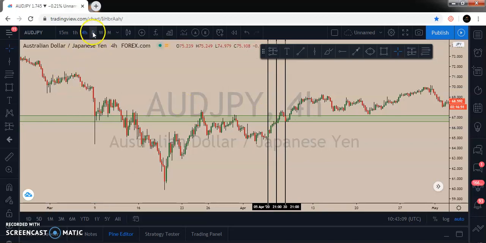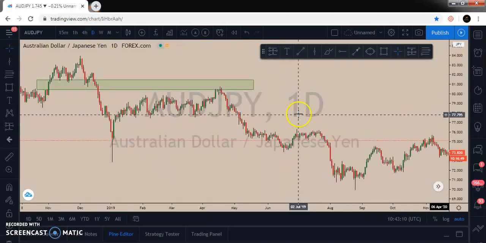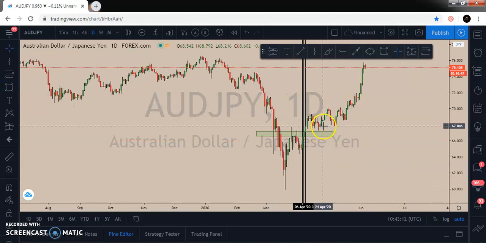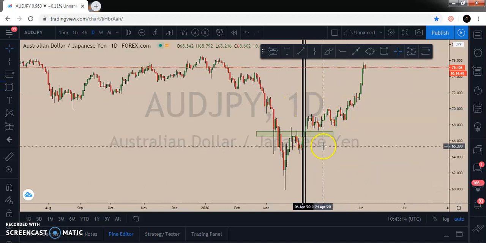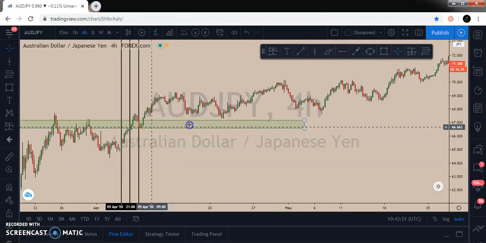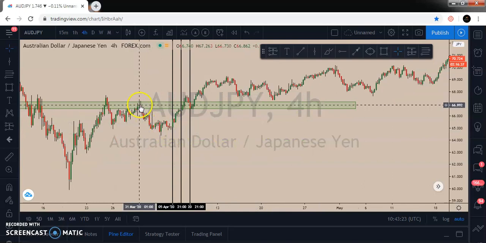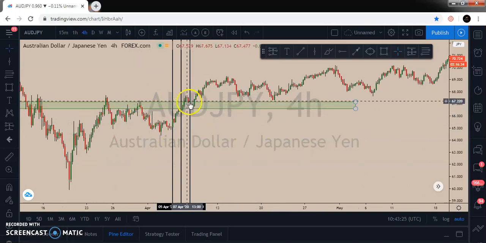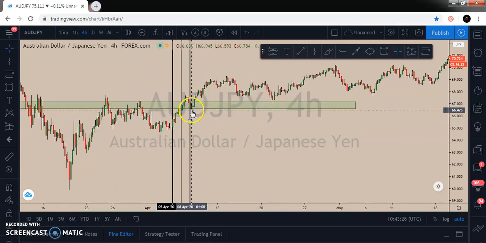Now let me go back to the daily time frame and let's see what we have shown to you. Can you see it here? Break and retest. This is your strategy. You go to the 4-hour time frame where you are to make your entry. If you make use of 4 hours to make entry, as you can see, immediately it broke this region and the retest of it retested with about 3 bearish candles.